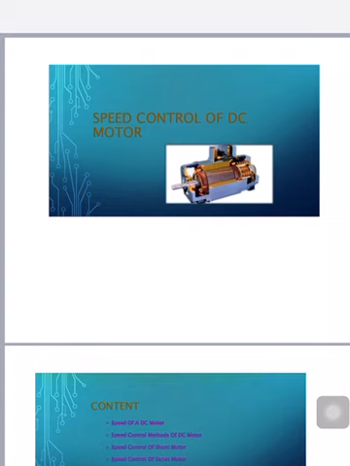Today we'll start the speed control of DC motor. Before going to that, we are in the age of the world where energy plays a very important role. Since we have some abundant sources of energy, but we cannot use them directly due to some economical and geographical problem, it is very necessary to convert the available energy to fulfill our requirements. So DC motors play an important role in the energy conversion process.